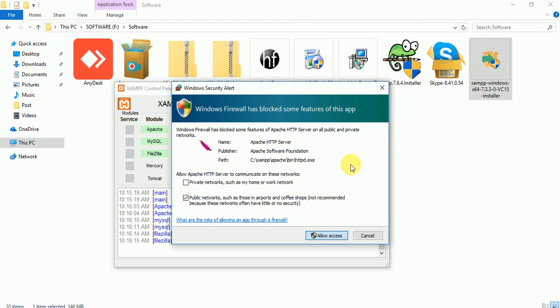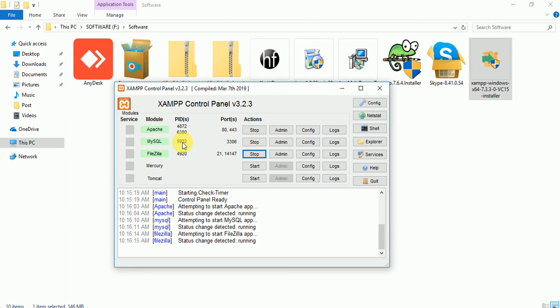You can start all these modules as per your requirement. If you require the Apache Xampp server, you can just start it, and whenever you want to stop it, you can just click on stop and start. So this was the installation of